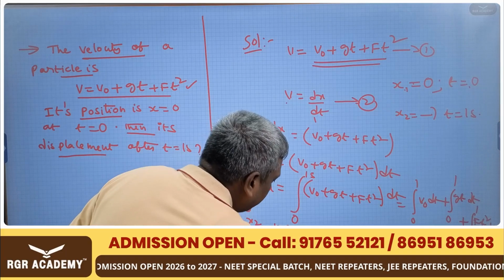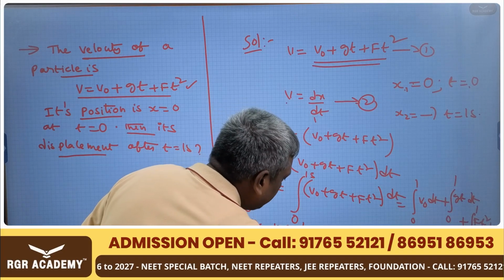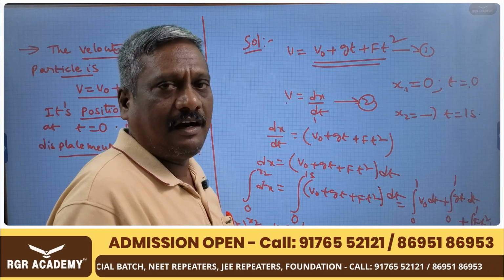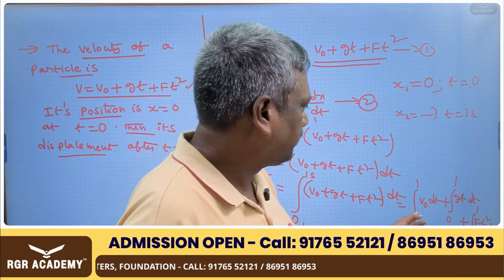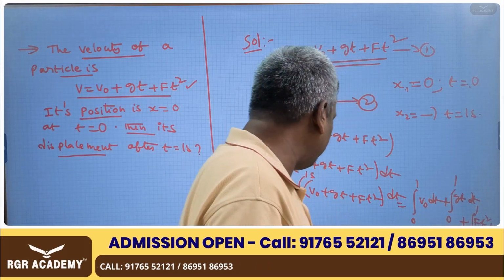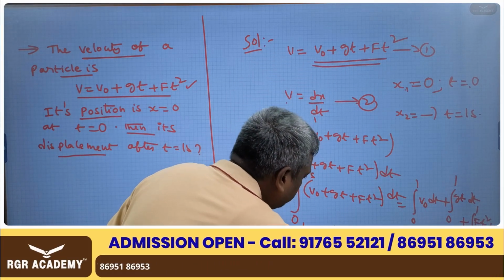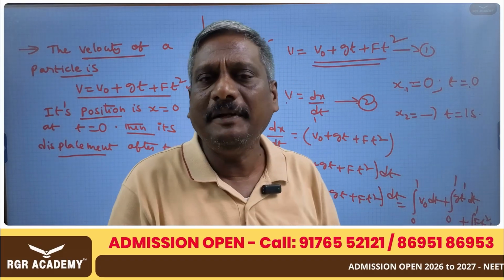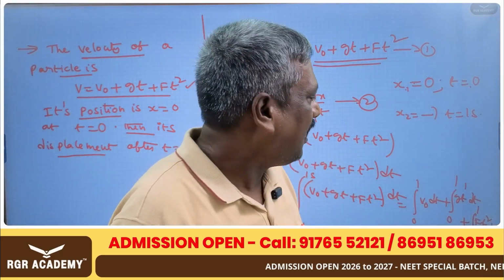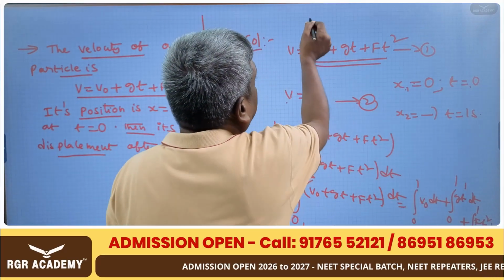What are the limits here? After applying the integral, the limits will come to the right side, 0 to 1. G can be taken outside, plus g into integral t power 1. T power 1 means the x power n formula. Integral x power n formula, you know,